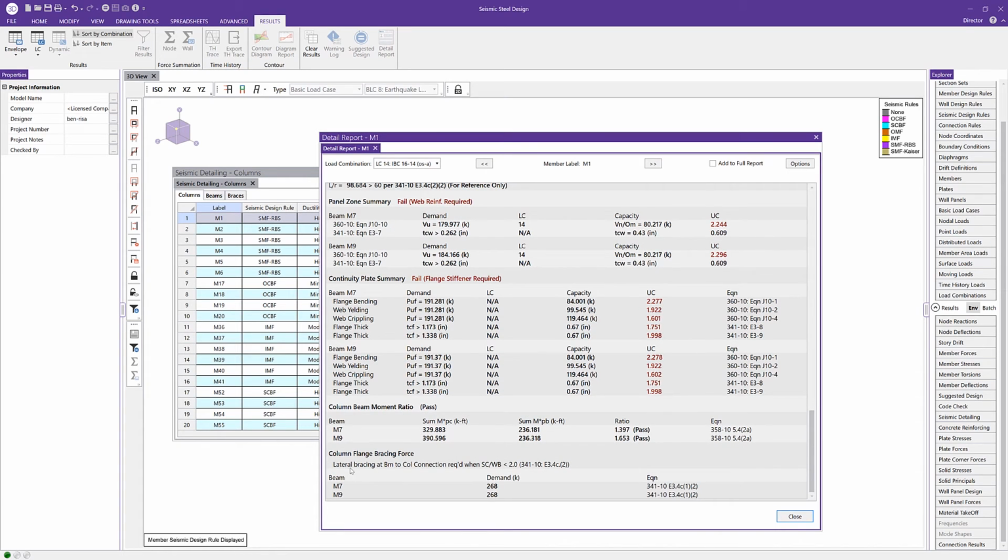Finally, we can go ahead and look at our column flange bracing forces. So we can see this information when we have a strong column weak beam setting that's less than 2. We can see these different equations and these different provisions that are implemented based on AISC 341-10. Now, all of this information allows us to determine how to best design these individual connections and also either modify